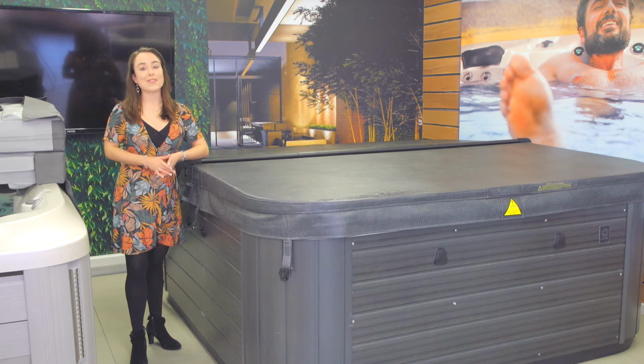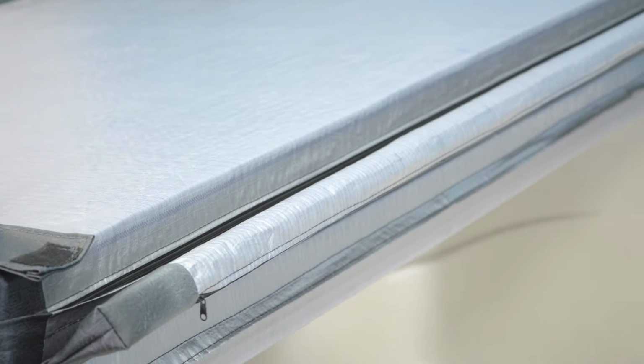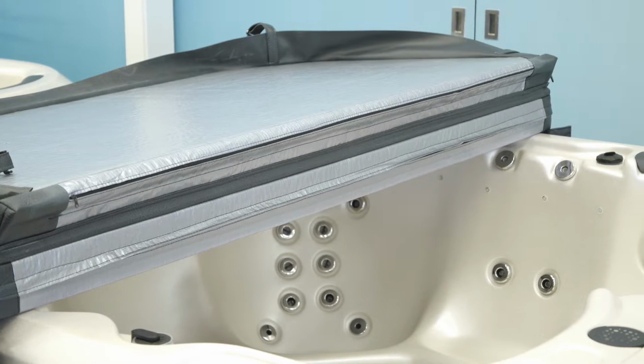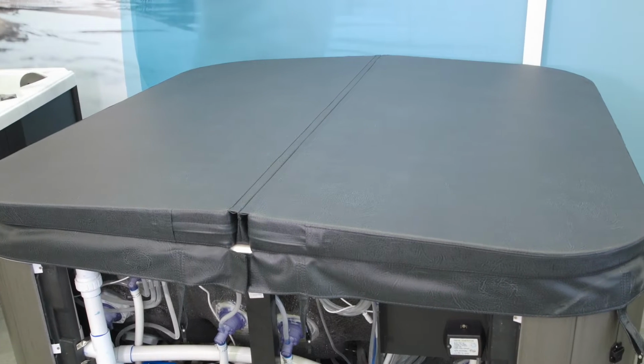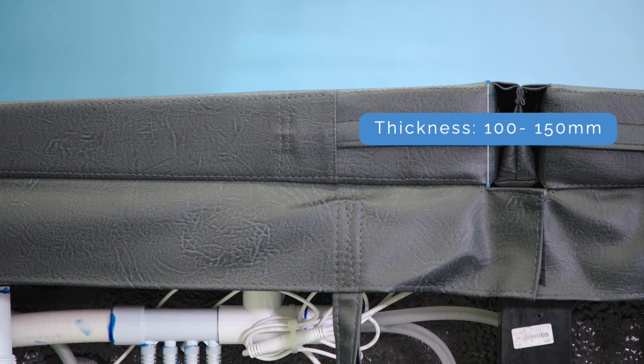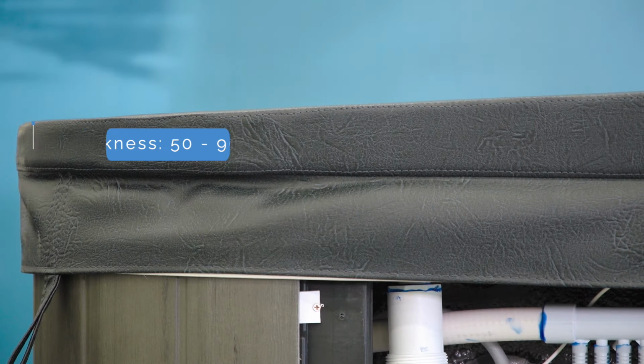If you look for a cover that has quality seals, particularly with padded seals around the middle fold and around the edges, this will help to prevent evaporation and lock in the heat of the spa water and therefore reduce running costs. A good quality cover that traps heat in the spa water should be 100 to 150 millimeters thick in the center, and then taper off to a thickness of 50 millimeters to 90 millimeters at the edge